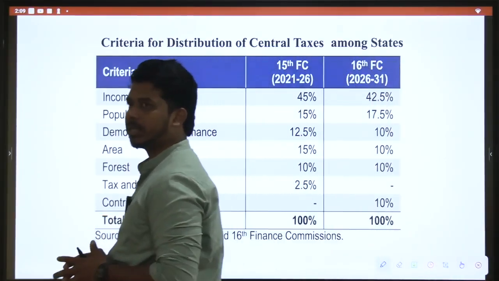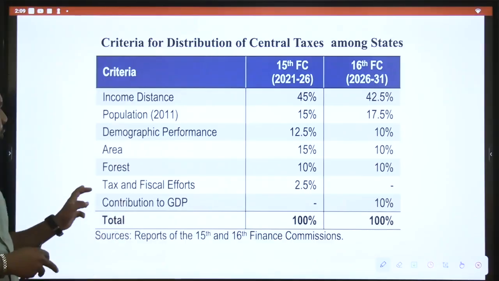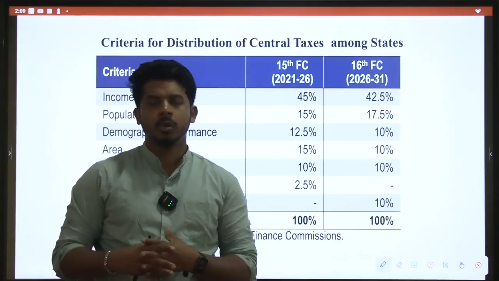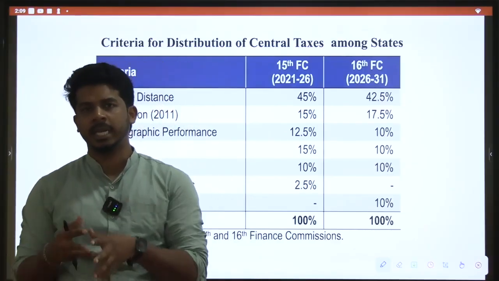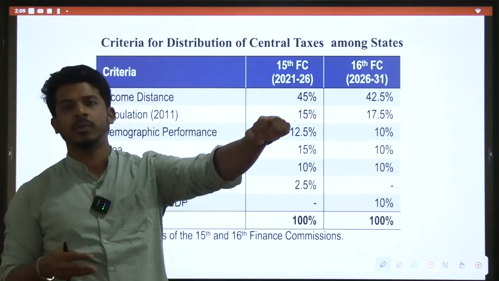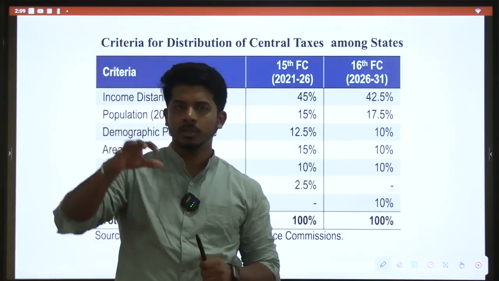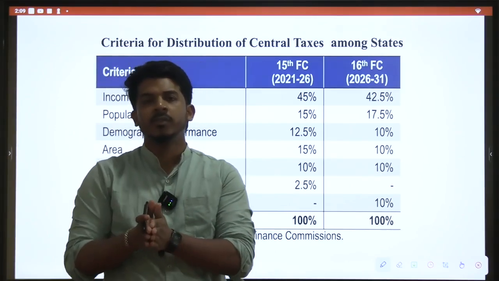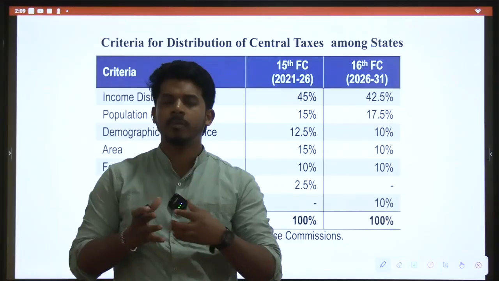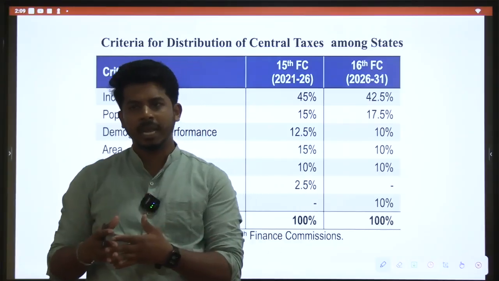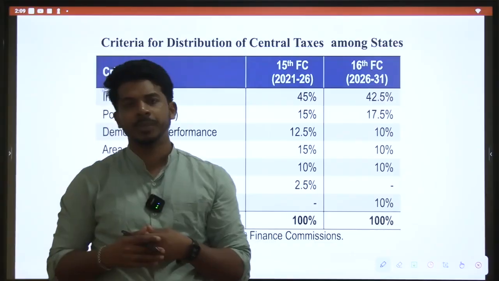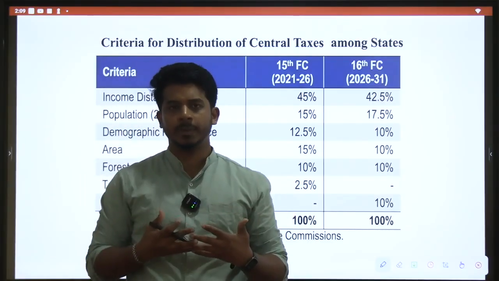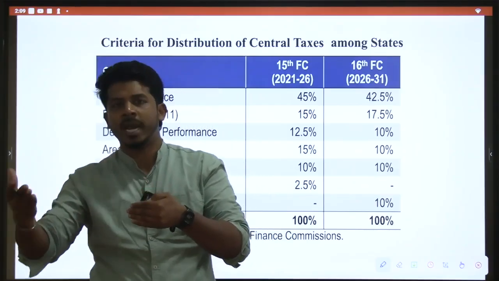Now let us see the recommendations of the 16th Finance Commission. First you should know, we have various types of tax systems, and the government collects all types of tax revenues. Some of the tax revenues will be shared with the states. In the constitution it is clearly specified which types of taxes the union government will get and which types of taxes the state governments will get. Because the union government is larger, it gets so much of the money, and some amount of that money it needs to give back to the states.